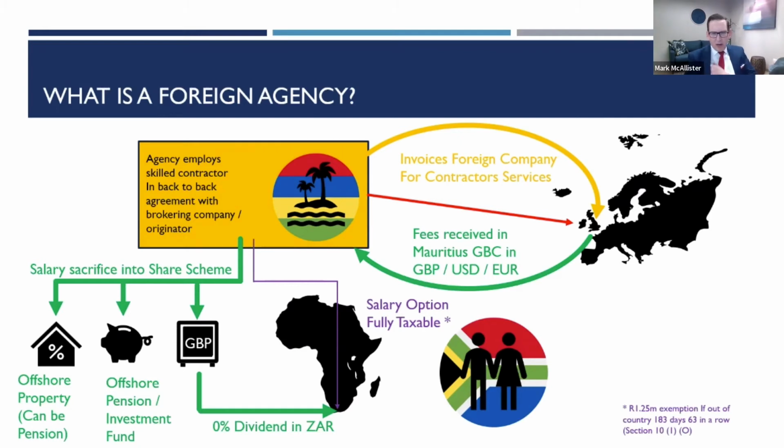This is section 10.10 of the Income Tax Act, and not to be confused for everyone, this only applies if you're out of the country for at least 6 months of the year, right, Jeneen? So you have to do at least 100 days out of the country, 63 of them consecutively. So only then would you get that exemption on your tax. So if you're in the country all the time, no, you wouldn't get access to that. So hopefully that answers that question.